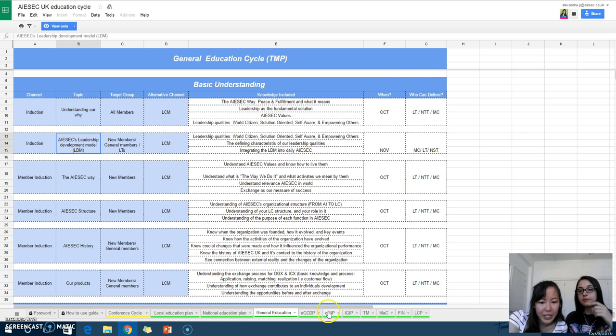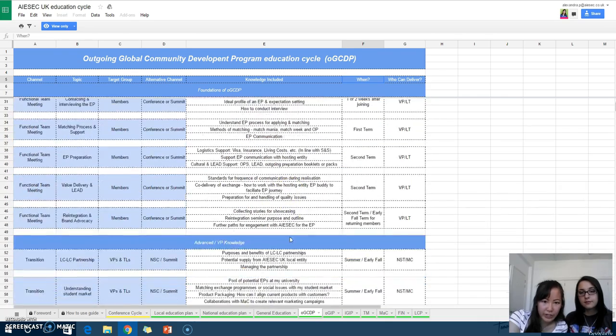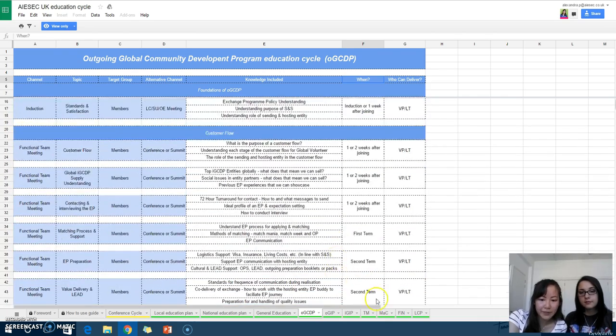And there are different function tabs for you to understand at which point in time what kind of knowledge should be downscaled as well. So you can design your functional training cycle based on these tabs. You can explore this in a deeper level when you have time.